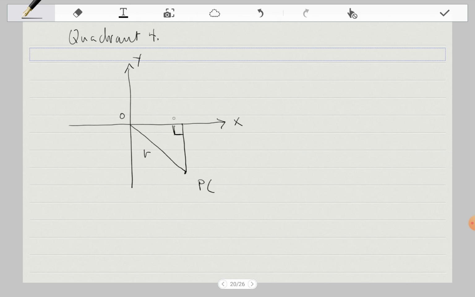Remember we said initially it was going to just be x, so that would be a positive x because we are on the positive side of the origin in terms of the x-axis, and in terms of the y-axis we're still on the negative side. You see, we're still on the bottom end here, so that would be minus y. All right, so if we draw the circle around again,